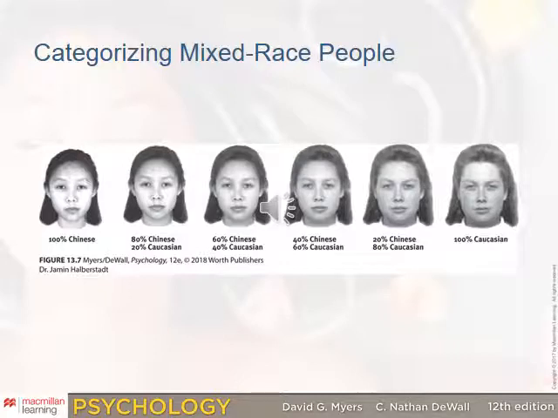This was a study done with New Zealanders, and this is coming straight from the book. Sometimes, however, people don't fit easily into our racial categories. For example, mixed race people are often assigned to their minority identity. Researchers believe this happens because after learning the features of a familiar racial group, the observer's selective attention is drawn to the distinctive features of the less familiar minority. So because of that, they are typically considered